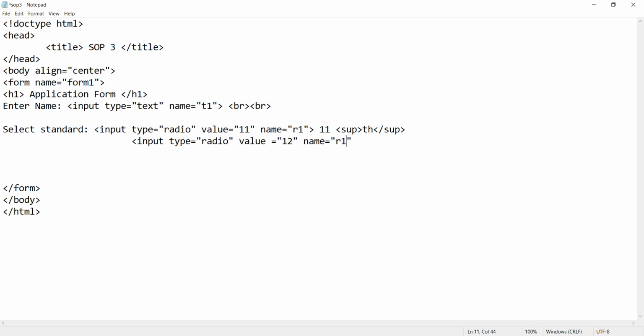Now I have given here same name property. I will explain that why. Okay, first let me show you the output for this. Okay, now let's save this program and let's see first output.